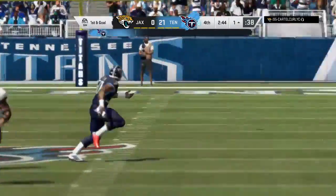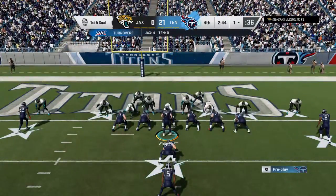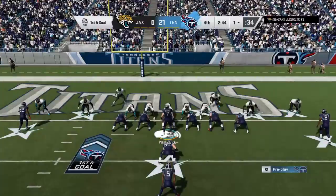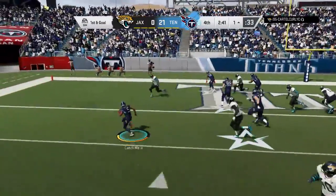Well, you just kind of feel for him right now. 4 interceptions, and you can almost see through his face mask. There's a lot going on in between the ears. There certainly is, and probably way too much, because now he's probably doubting himself a little bit, wondering what a...